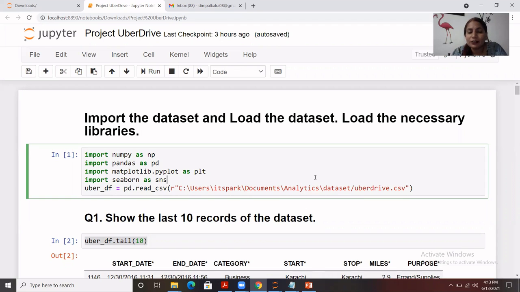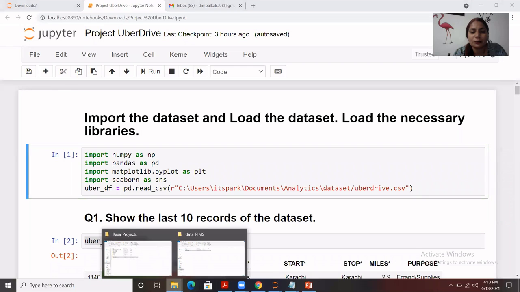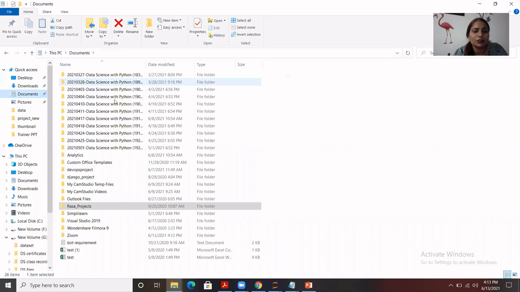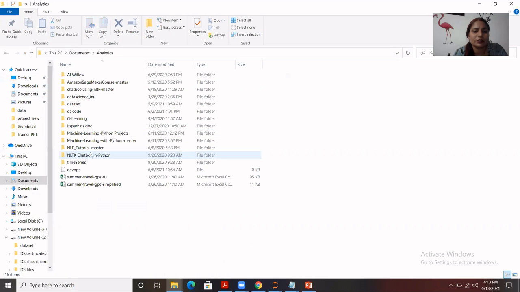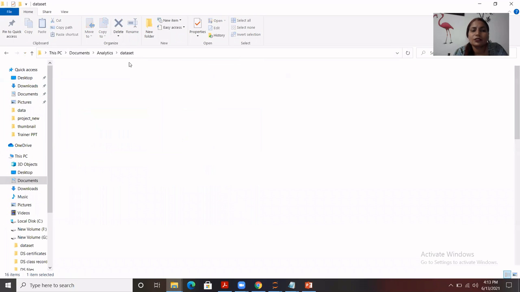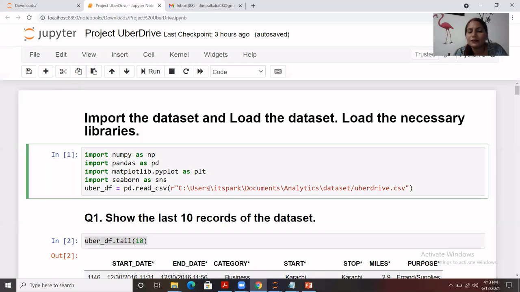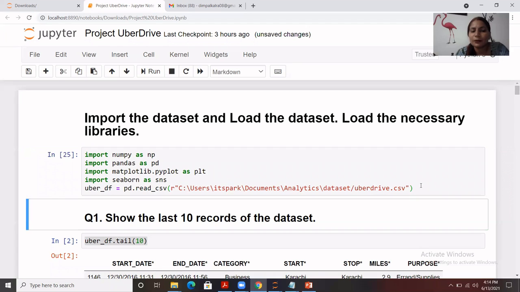So pd.read_csv, and the path of the data set. My data is available at this location, the documents and the analytics and the data set. So this is the path where my data is stored, and I'm going to import it here. I've simply copied the path, name of the data and the extension, and I store it as Uber_df. So let me run it.